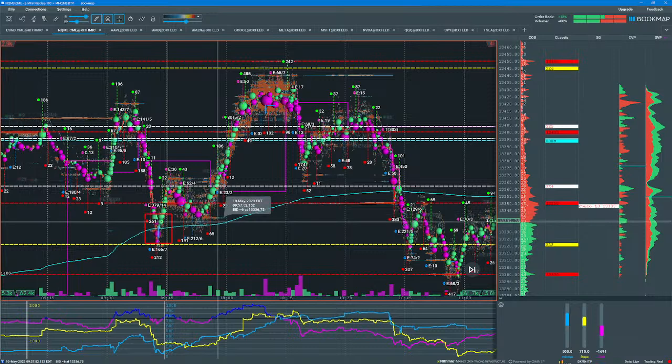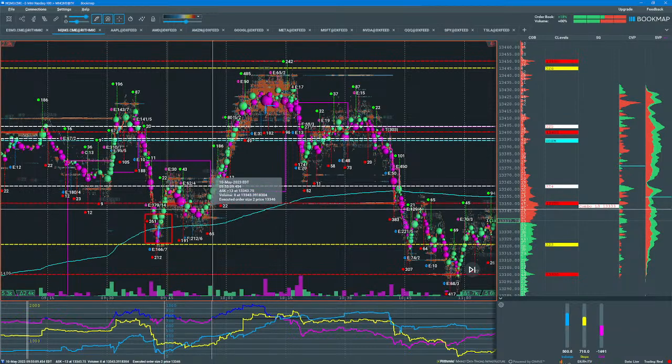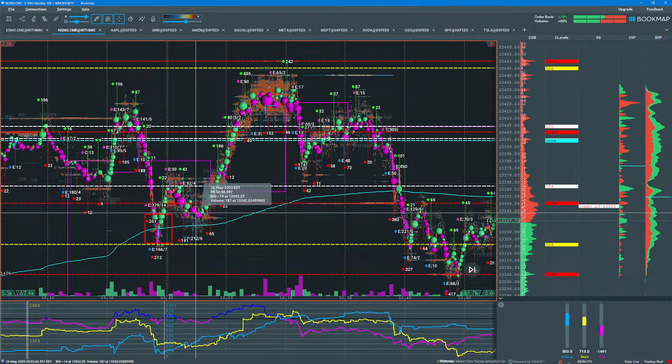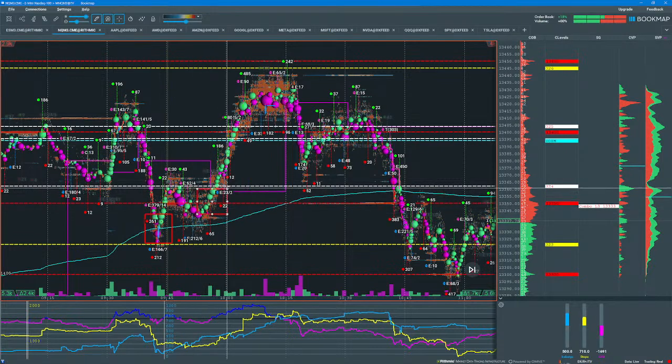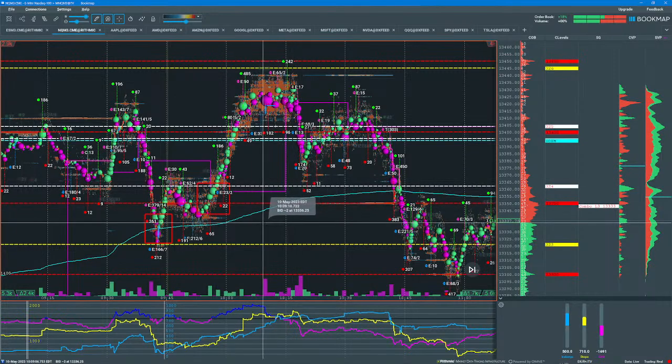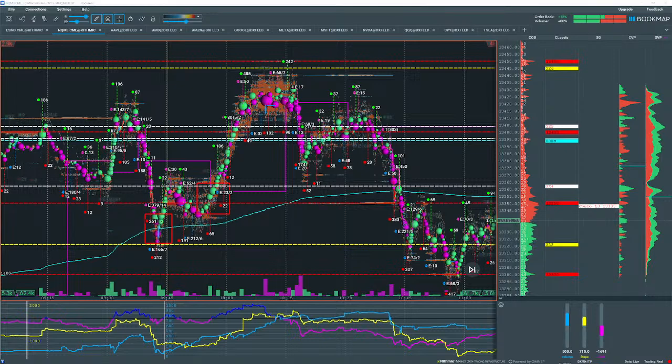Here, just above the 323 level, QQQ 323, note the shift in order flow, and also a second entry point just around the 13,350 level. So that comes after the first reversal at the 325 call wall. And these two long setups were confirmed by order flow,